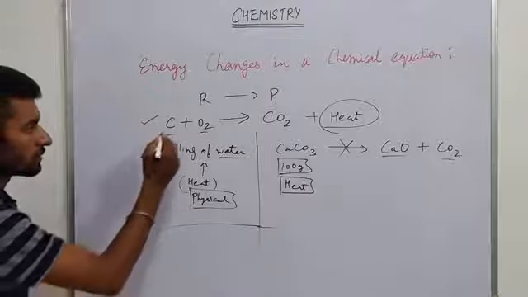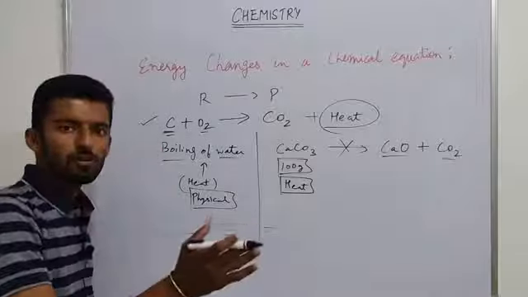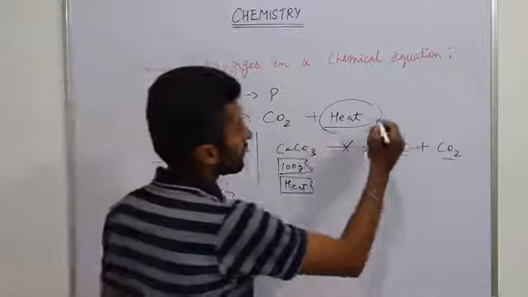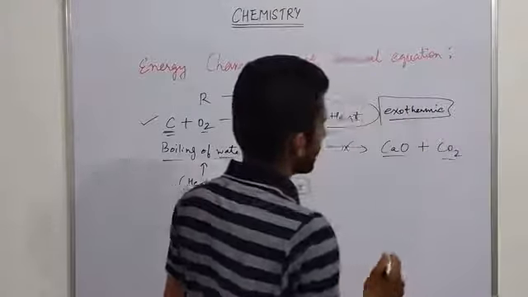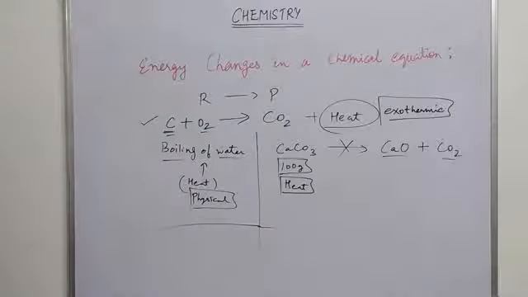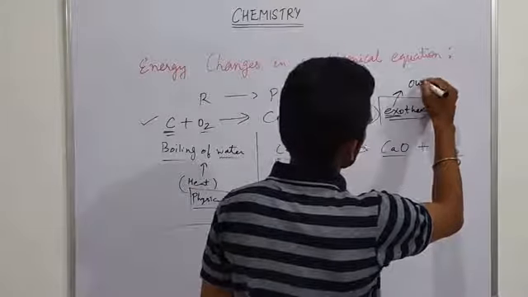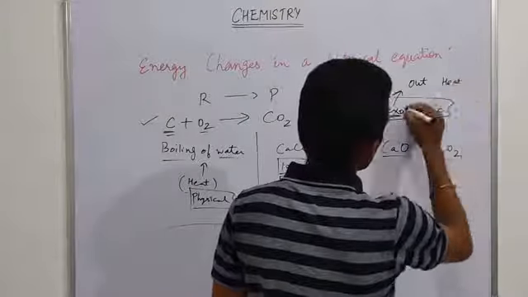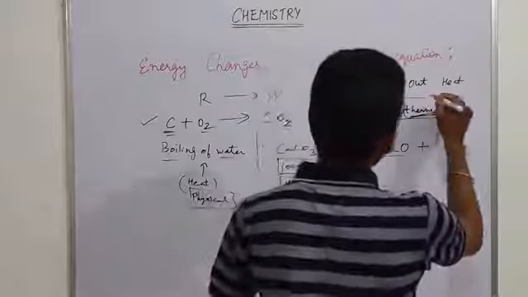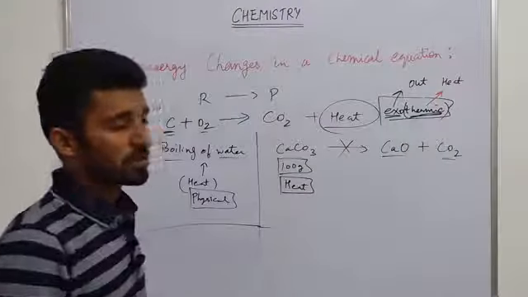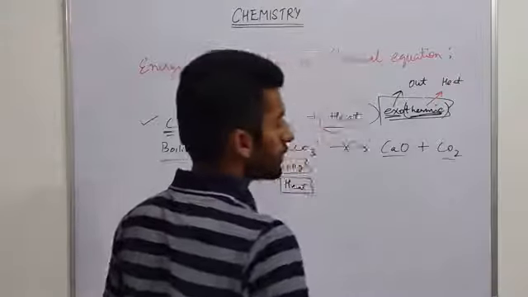Like burning of coal or carbon, that you start once, and that process continues on its own. So that is exothermic in nature, because the carbon or coal burns on its own and produces heat. So the word exo here refers to out, and therm means heat. Two separate terms are here, exo and therm. So exo means out and therm means heat. So a process in which heat is given out or evolved, not involved, evolved,